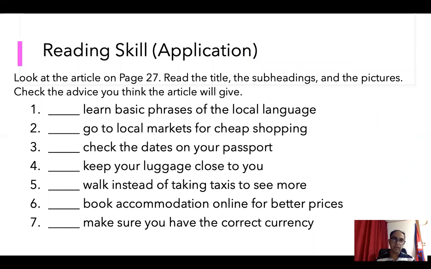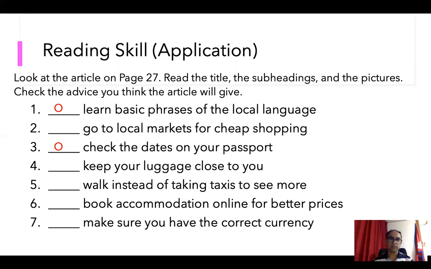Let's see. Actually, all of them, all from number 1 to number 7 are suggestions for a safe travel. But if you look at quickly, first one, learn basic phrases of the local language. That is, learn about the locals, the last heading, okay? Learn about the locals means you can learn about the language, learn about the place.